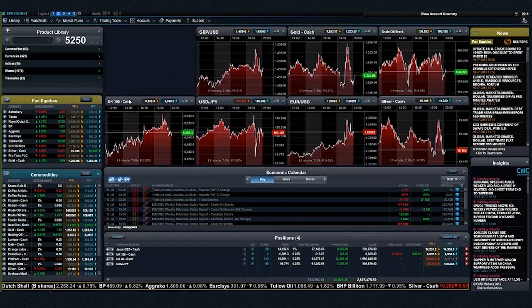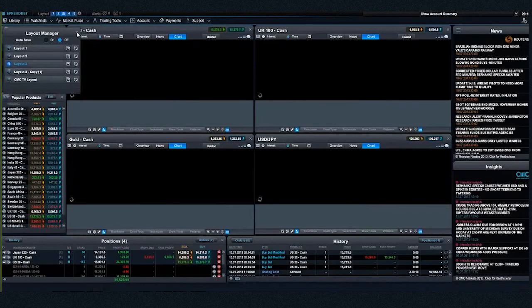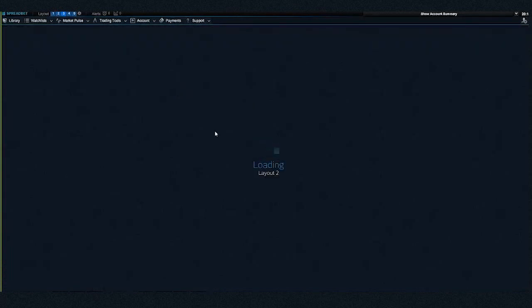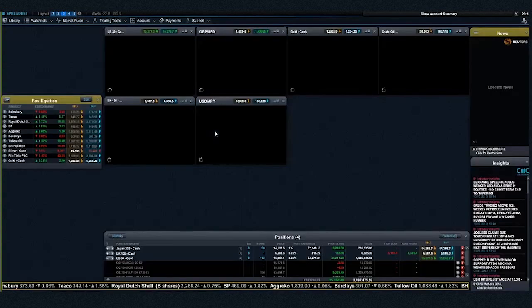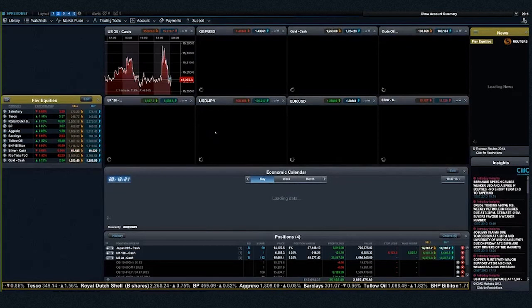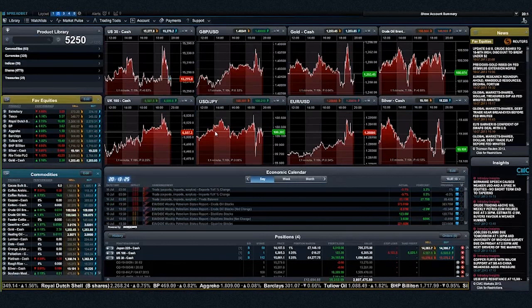You do have a restriction on the number of charts that you can have open at any one time. I think it's 10. Though what some of our clients do is they just simply open up a demo account, or they have a spread bet and a CFD account together. And what a lot of guys do end up doing is they have one platform open on one screen and another platform open on the other. It's not exactly what some clients are asking, which is, I want to have 50 charts open because I'm really big into short-term trading and everything else like that. But you do have the flexibility to have as many demo accounts as you want. If you're looking at the price action or you just want access to a whole bunch of the trading tools,